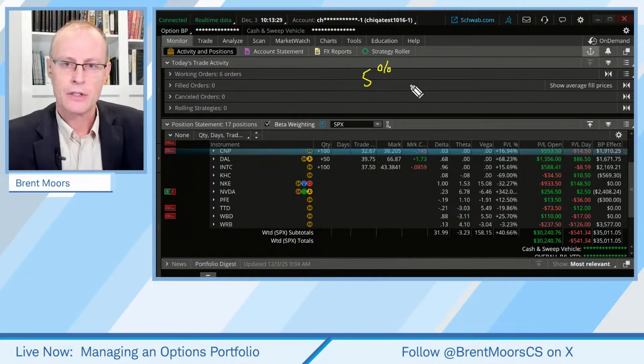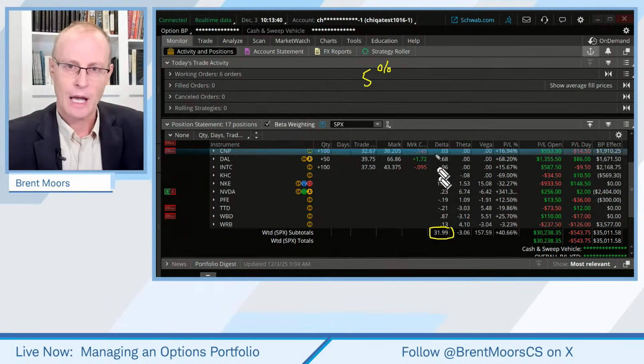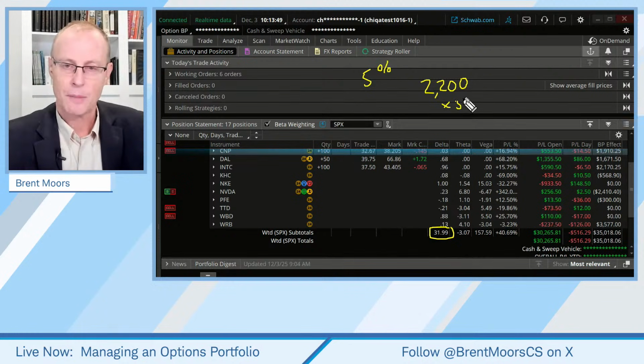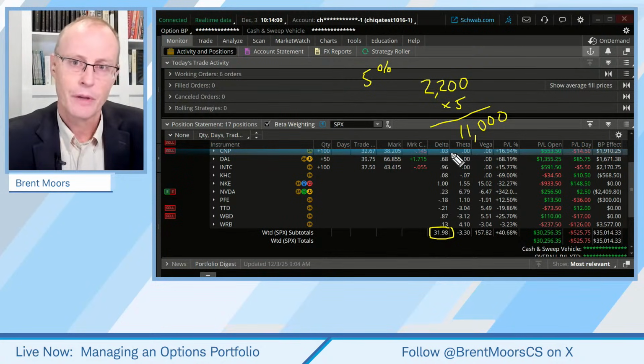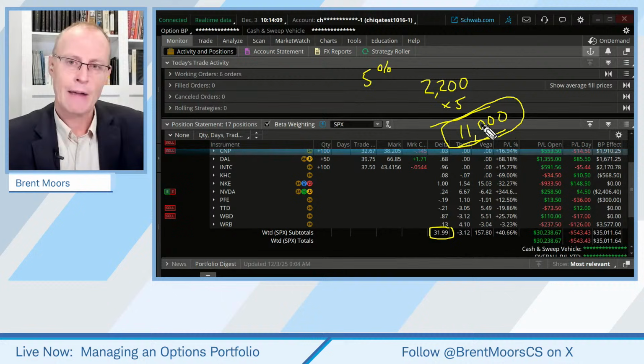And how much would this particular portfolio be affected? Well, I'd take my delta, multiply it by about that 68 level, and we come up with about $2,200. I would take $2,200, that was 1%, times 5. Well, that's about an $11,000 impact on my portfolio. About an $11,000 impact. Can your portfolio withstand that? If this were your portfolio? Maybe. And maybe that's okay if we were to have that pullback.